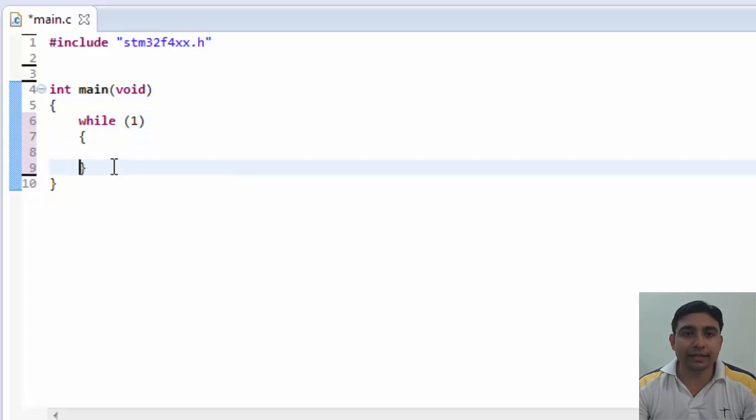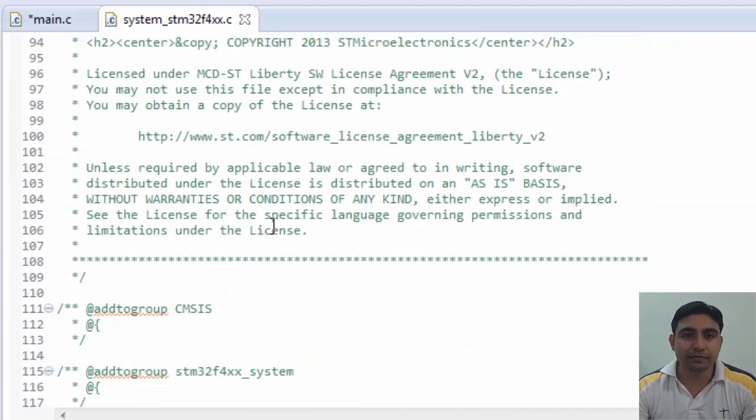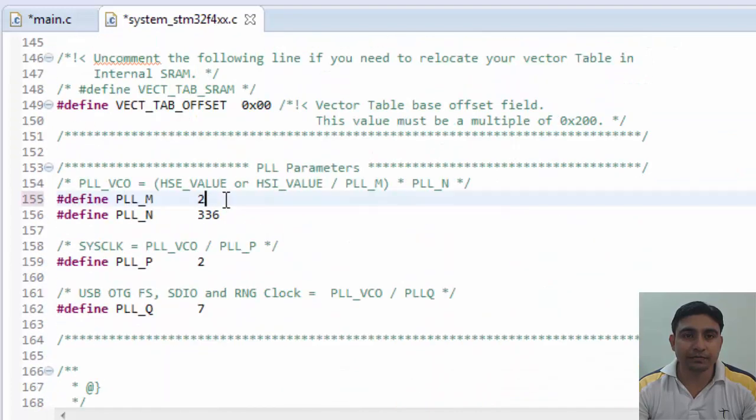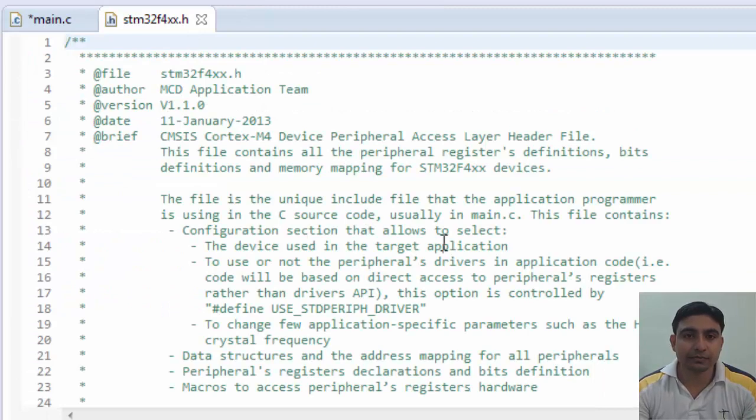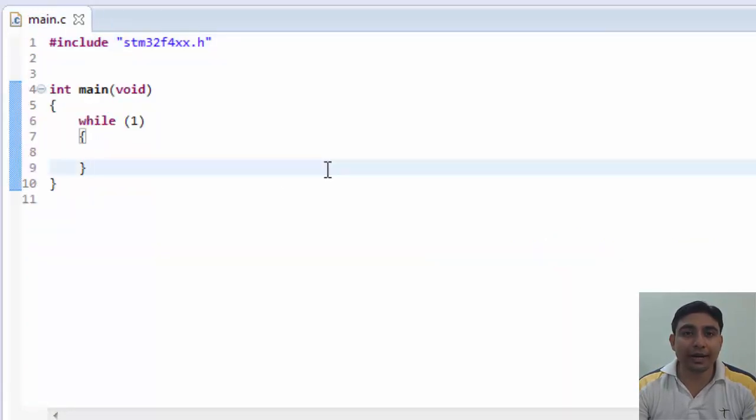Okay, let's correct the clock settings. If you don't know why I just changed the clock settings here, then check out my previous tutorials on my YouTube channel.